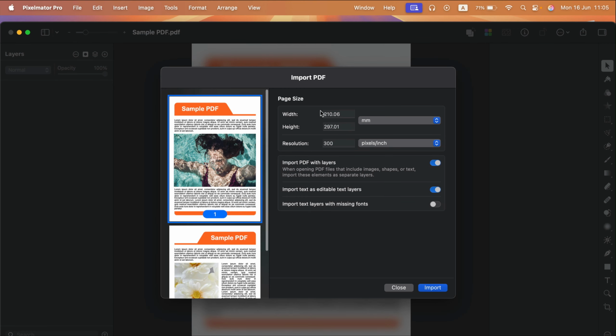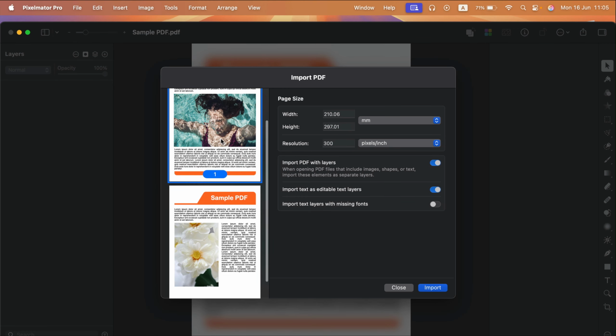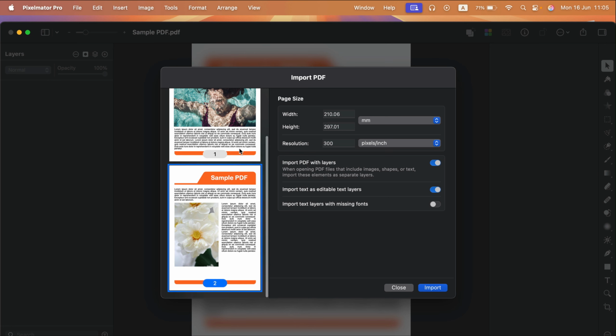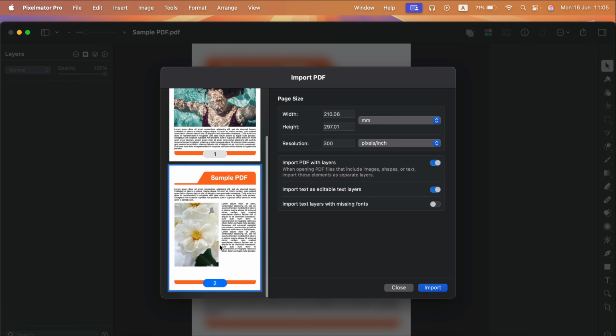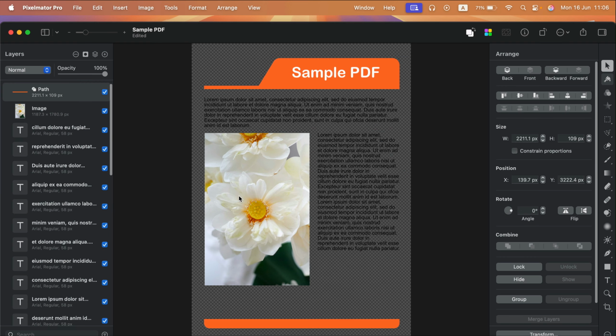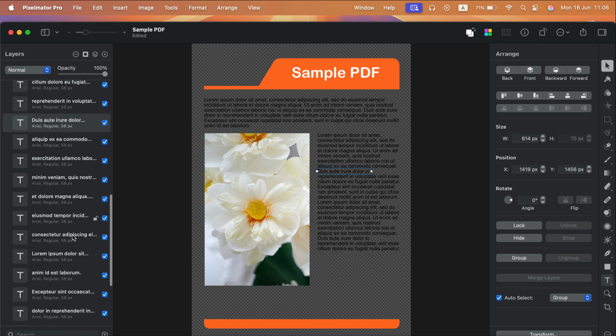Alright, but what if we want to modify not only the front page but also the second one? In that case, I will need to point to page number 2 while I'm importing the PDF. And now I've got the second page loaded. So as you may notice, this is a very powerful editor where I can edit everything here on my layer panel,